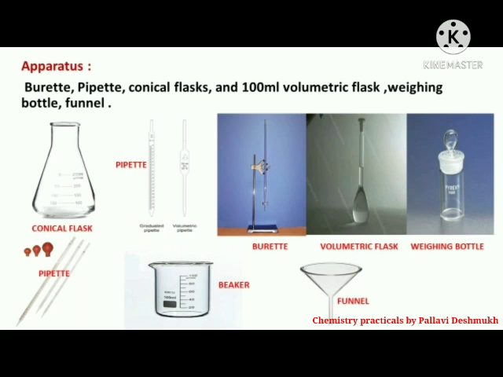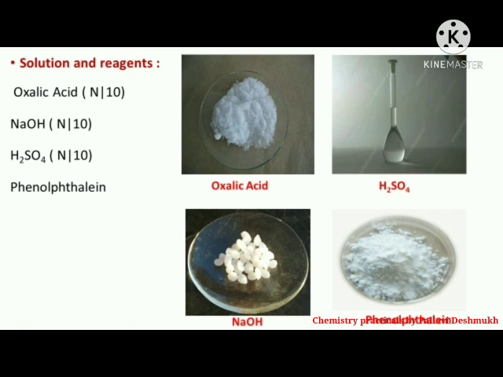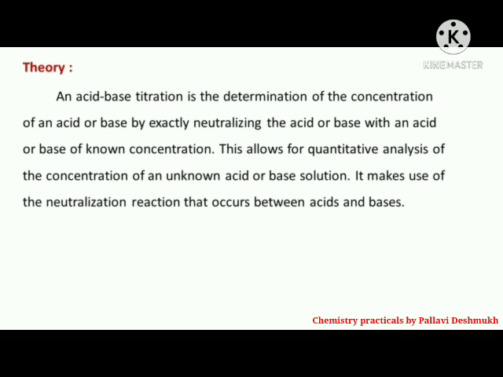The apparatus needed for the experiment are burette, pipette, conical flask, volumetric flask, weighing bottle and funnel. Solutions and reagents used are oxalic acid 0.1 normal, 0.1 normal NaOH solution, 0.1 normal H2SO4 solution and phenolphthalein as an indicator. The theory behind this practical: this is an example of simple acid-base titration, which is used